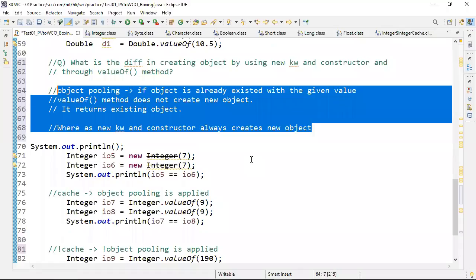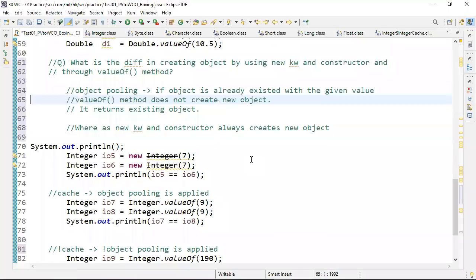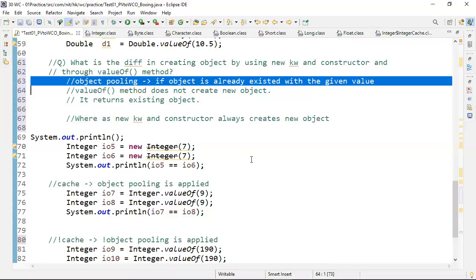This is the point for this question's answer. If somebody asks why you are using this, you have to answer this one.